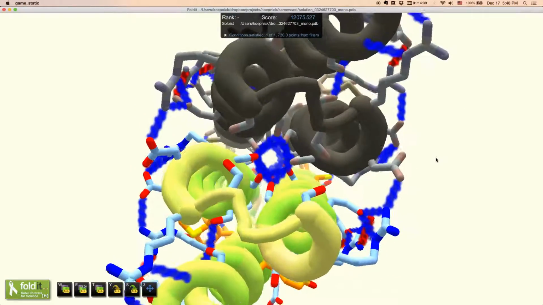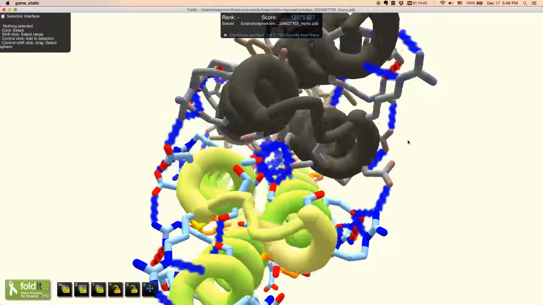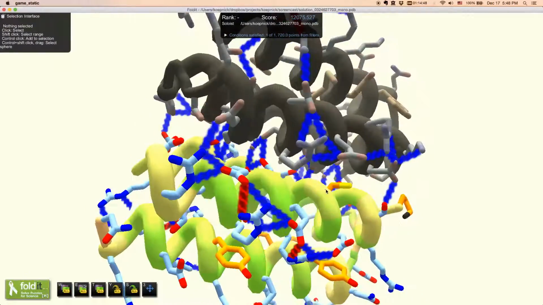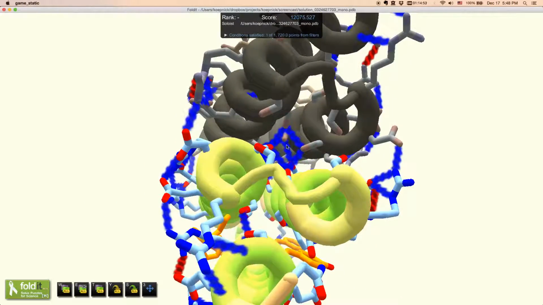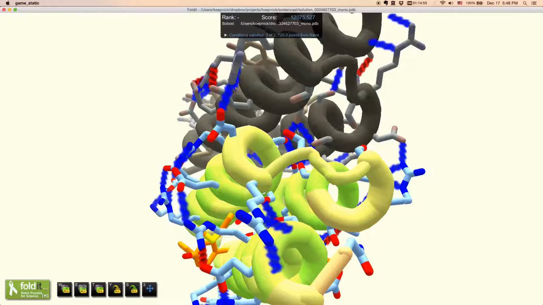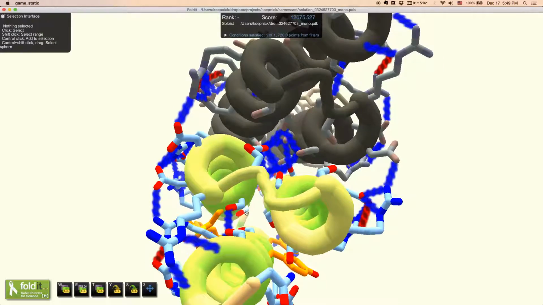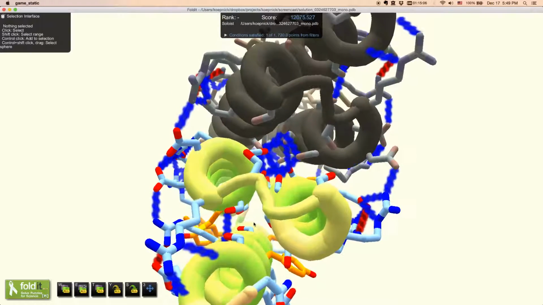The problem here is that this interface is completely hydrophilic. There are no nonpolar residues. There's a cysteine right here, which is the closest we're going to get to a nonpolar residue in this design. Even in the core of the monomer, it's dominated by these serines. So this is not so good. In fact, these serines maybe do make hydrogen bonds, but you definitely don't want polar cores in your monomer unit.